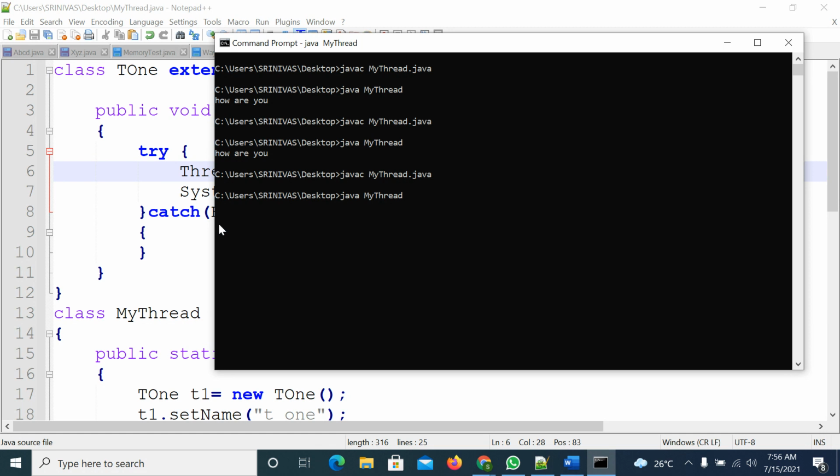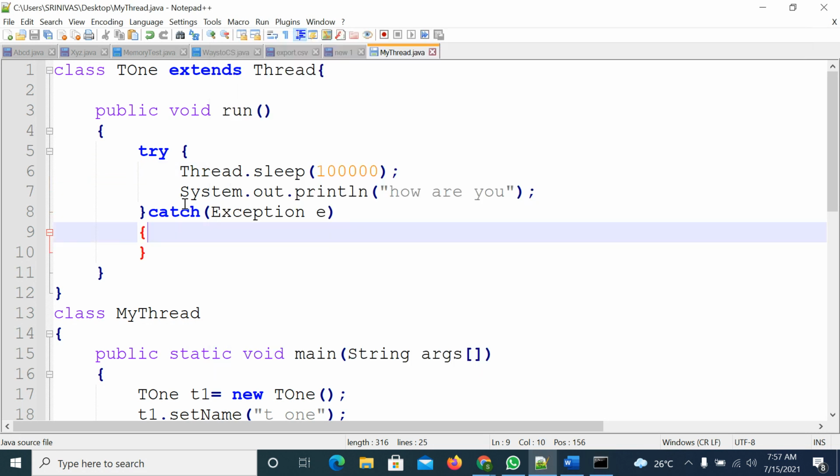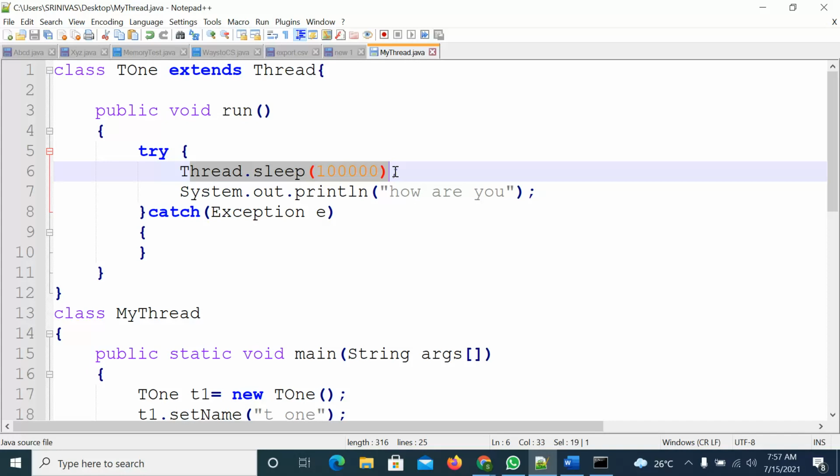If you want to interrupt the thread, then you can apply the interrupt method. So you can apply the interrupt method, and the waiting state will be terminated here. From this state it will come directly to the exception state.